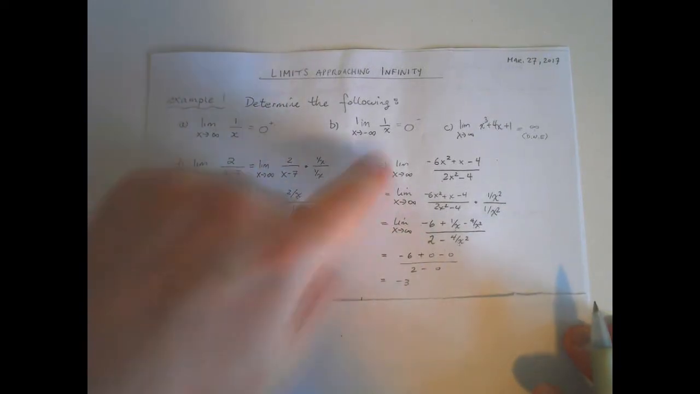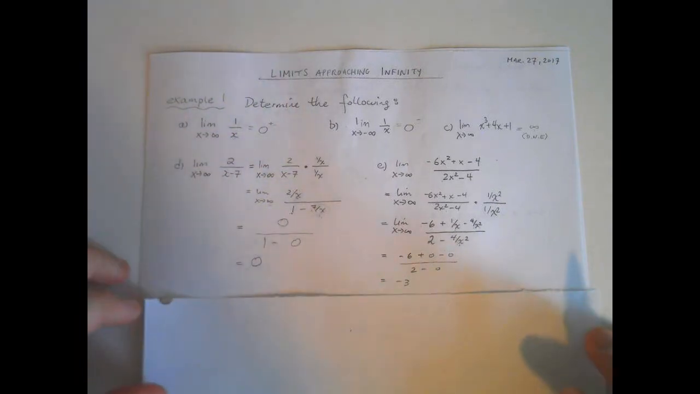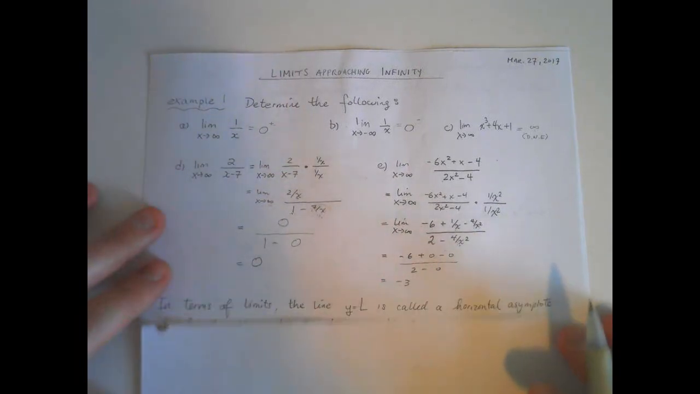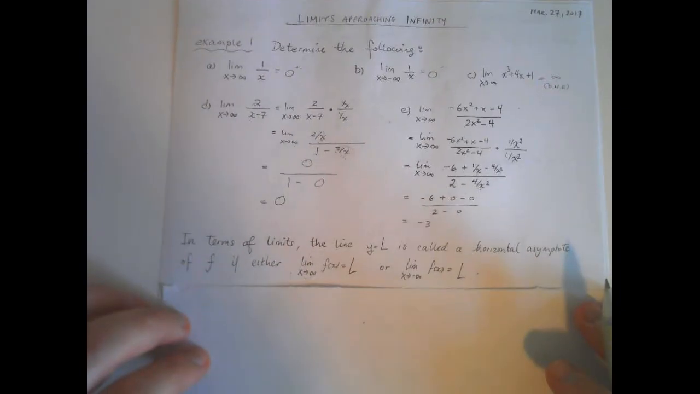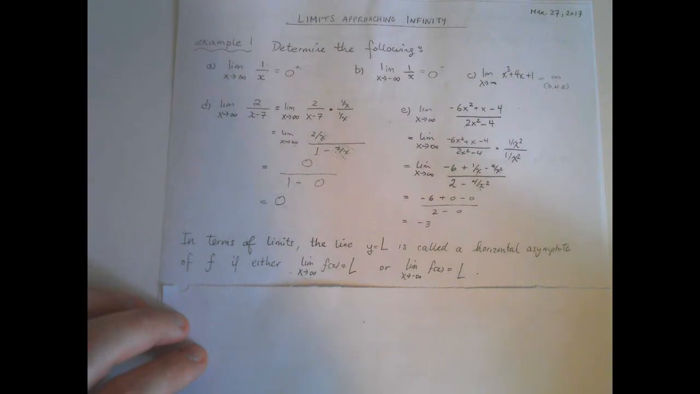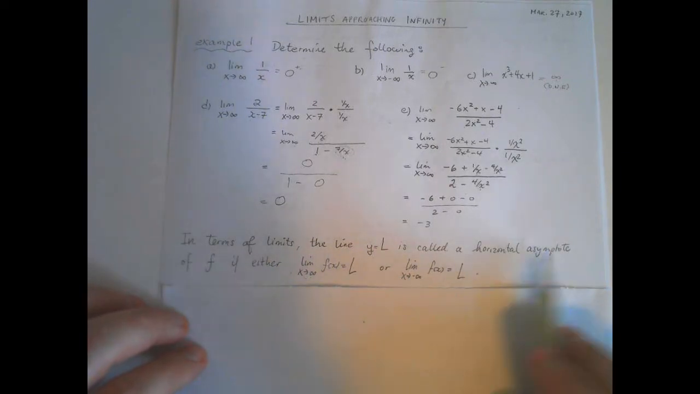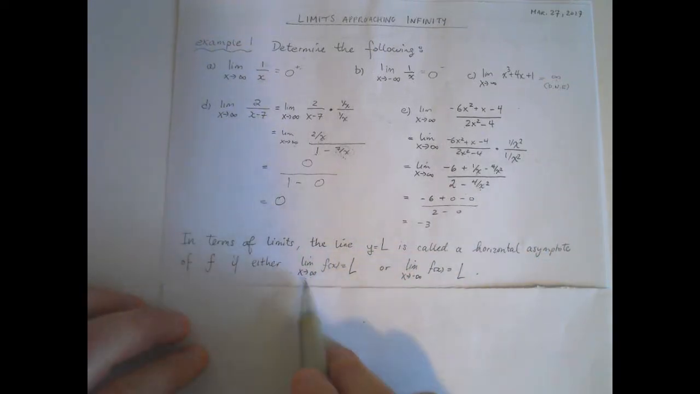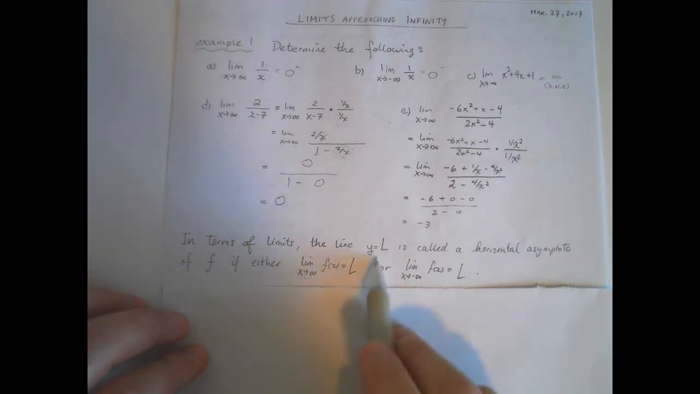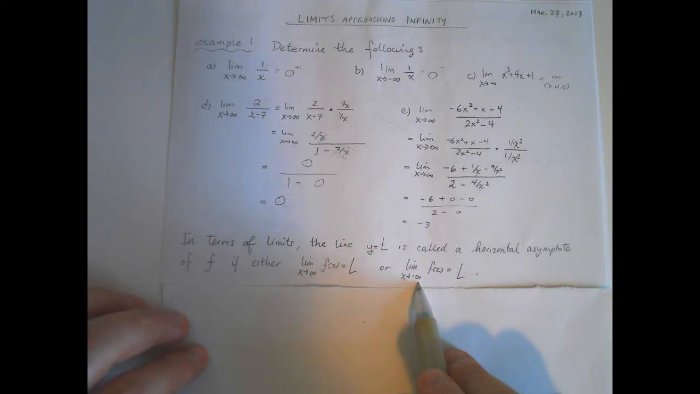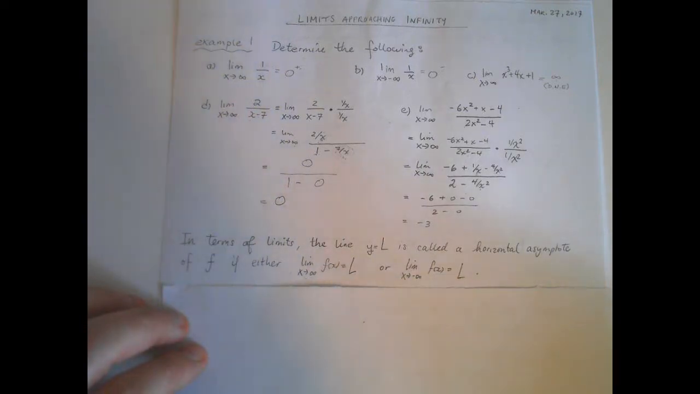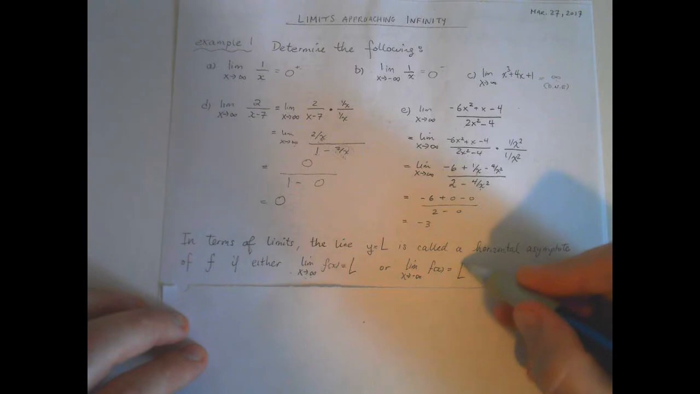Now, hopefully you know some stuff from advanced functions about horizontal asymptotes, because what we've now actually shown is that we've got some horizontal asymptotes for these functions if we were to try and sketch them out. So in terms of limits, the line y equals L is going to be the horizontal asymptote of f if either the limit as x approaches infinity of our function is some number that we're going to call L, or as we approach negative infinity, the limit of f of x is L